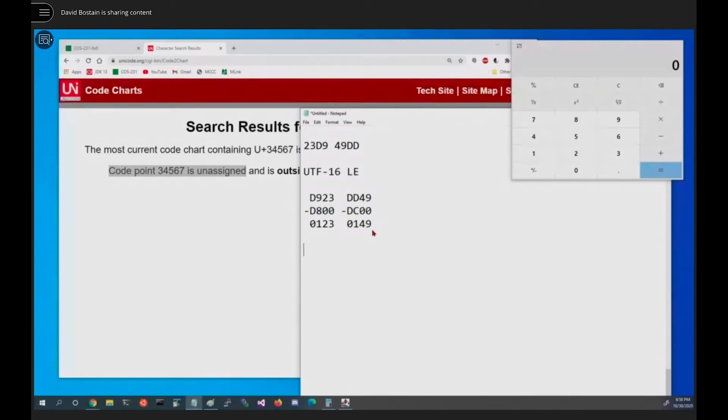So now I would suggest writing them out in binary. 0, 0, 0, 0, 0, 0, 0, 1, 0, 0, 1, 0, 0, 0, 1, 1. That's the first one. And let's put the second one below it. 0, 0, 0, 0, 0, 0, 0, 1, 0, 1, 0, 0, 1, 0, 0, 1. Y'all double check me. Did I get those right? Somebody give me a green light if I got it right. Thank you, Alexander.